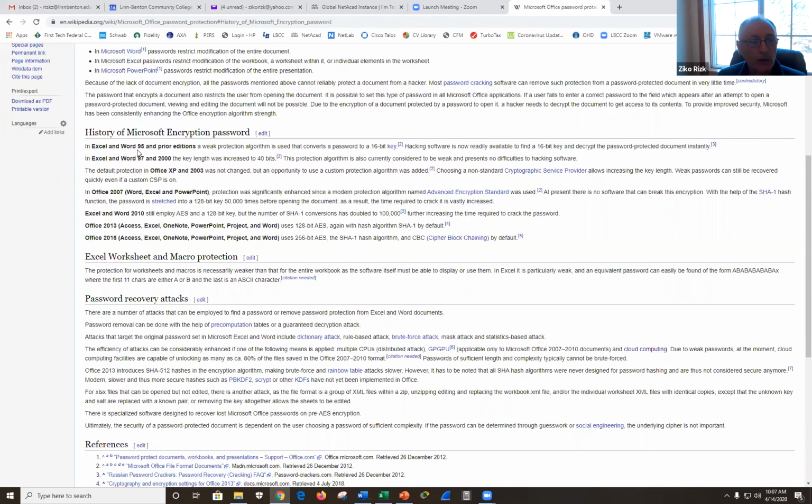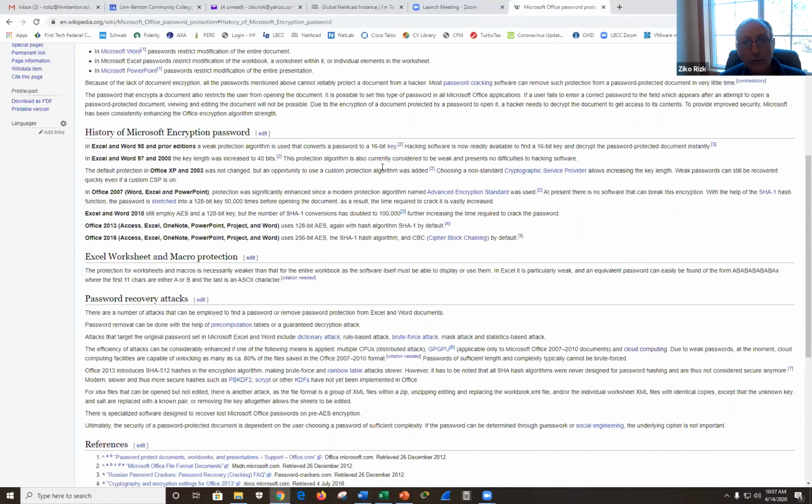So let's go all the way back to 95, and they were using a 16-bit key. 16-bit key is 2 to the power 16, 65,535. So how long do you think it will take a computer to crack a password that is using a 16-bit key? Okay, brute force. Not very long, super short.